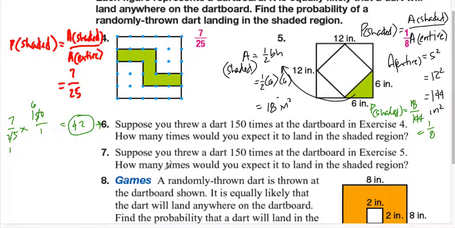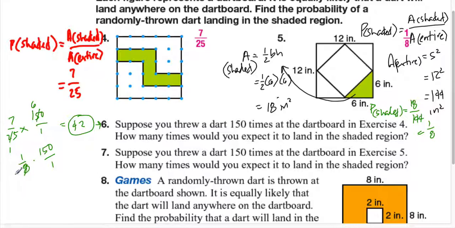And now we can also answer number 5. Suppose you threw 150 times at the dartboard in exercise 5. How many times would it land in the shaded region? So you get 1/8 and multiply it by 150 over 1 again. Okay, and that would be